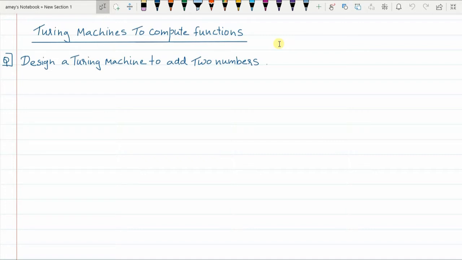So these are the Turing machines which don't reply with yes or no. They give some real numerical or whatever values as output, like your calculators. So to begin with, let us design a Turing machine that adds two numbers.